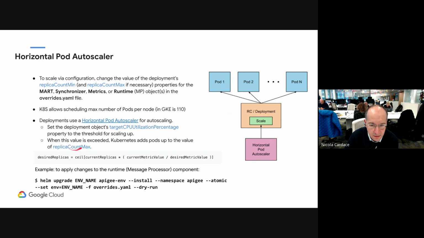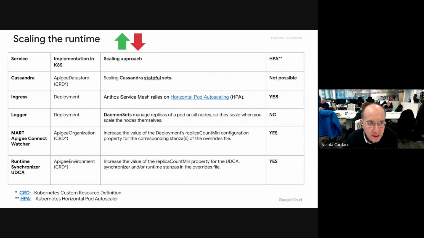And then you can add multiple pods. The calculation is always a desired value for the replicas. It's a ceiling of the product between the current number of replicas and the ratio between a given metric value and the desired one. So if I need to add more, it doesn't mean that this formula will always add just one more pod. I might decide to add several pods or tens of pods in one go within a matter of a few seconds if there is a big change in the traffic profile. Okay? This is also from our documentation, it's very quick guidance.